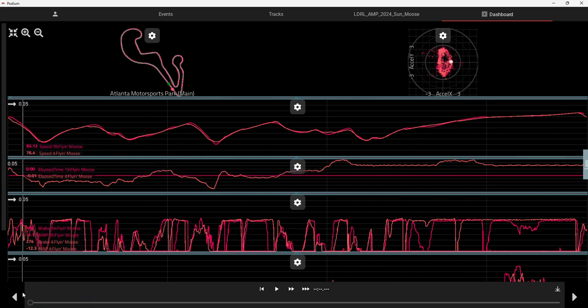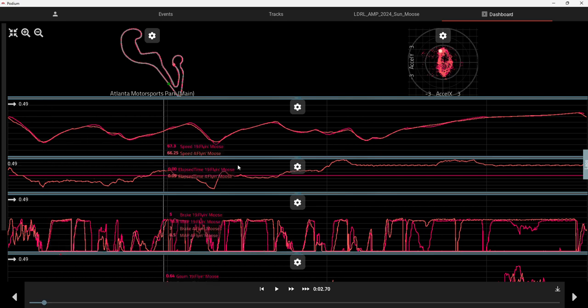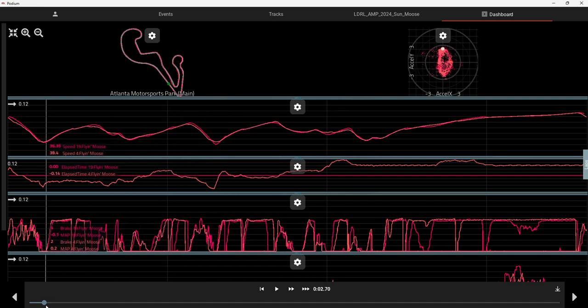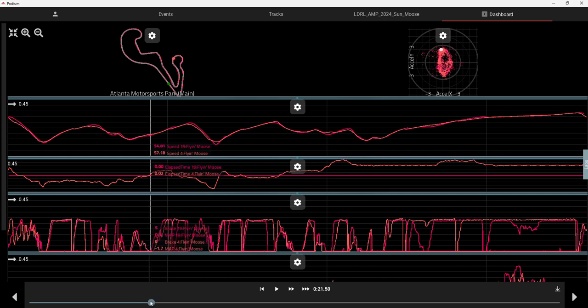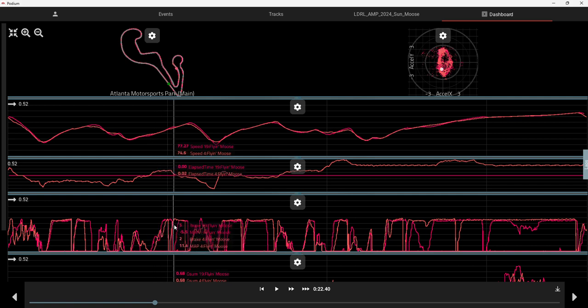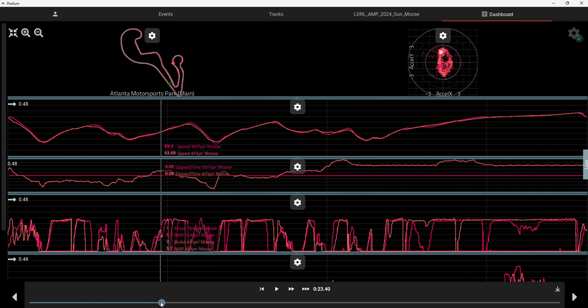Yes. So you can see here, and if you look at the track map up here at the top, you can see where we are on the track. I beat him through part of this early section, and then he does something here. He puts the power down sooner, and you can see on these lines, the dark line is braking or throttle percentage. I need to probably break those up into two separate gauges. But anyway, you can see he gets onto the throttle sooner, and then we're carrying it down into here.